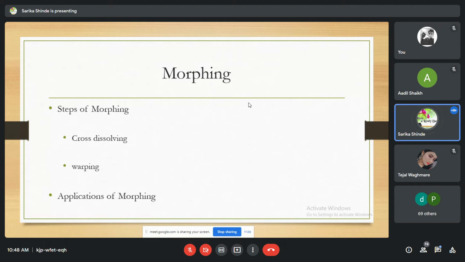Transformation of image into another, one into another. Transformation of image, okay. Yes. And